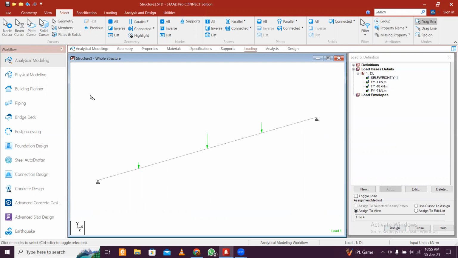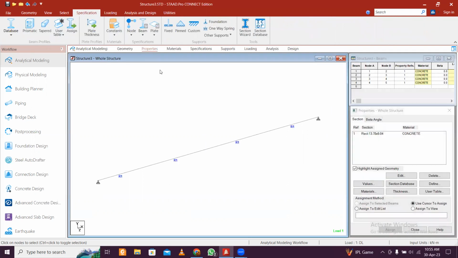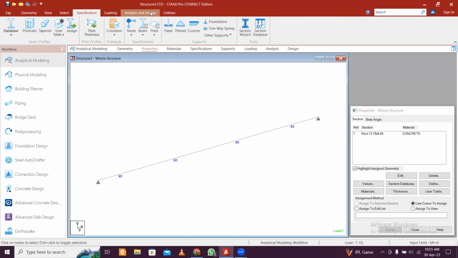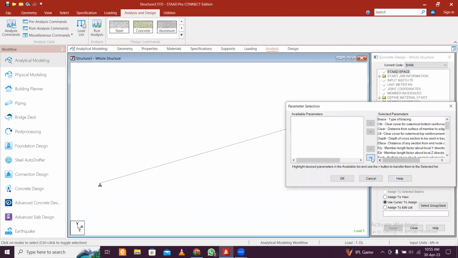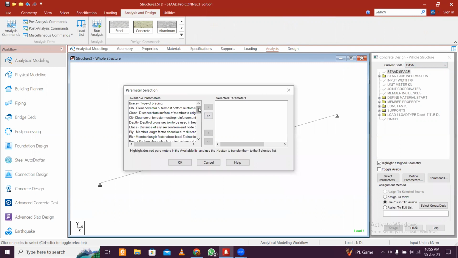Now there are many ways, but easily we can just go to analysis and design, select concrete, and select the code in which you're designing. In this case, I'll select the Indian code and select the parameters. We don't need many parameters, just the FY main and FY secondary, and we also need to give the FCK, the strength of concrete, and that should do. Okay, and click on OK,